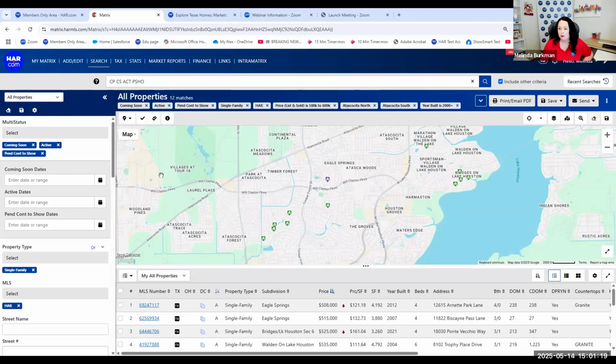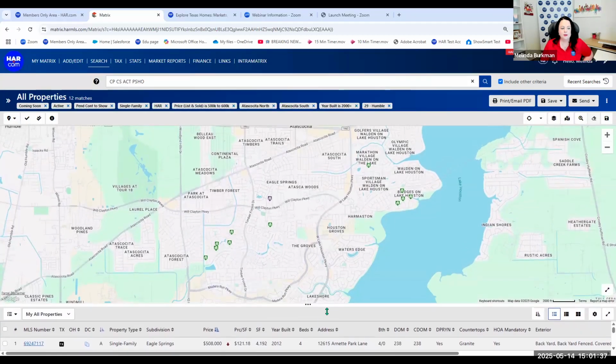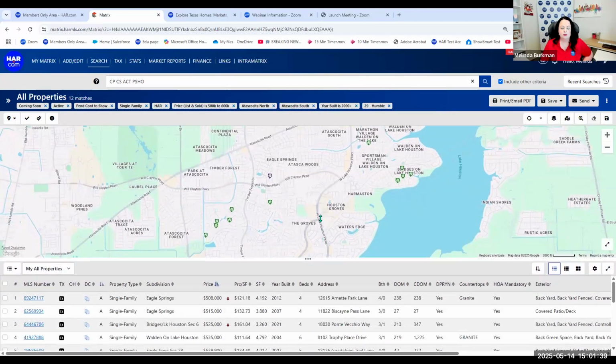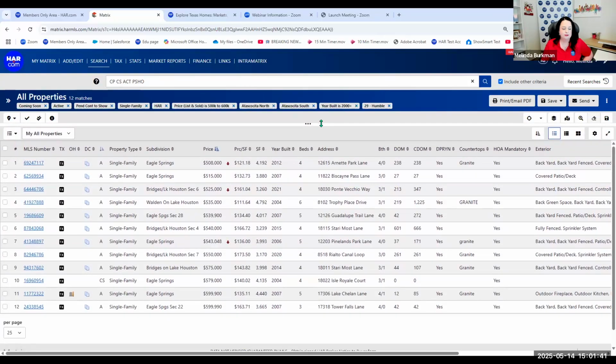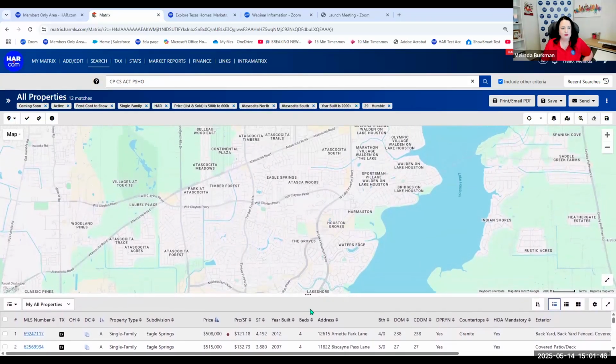All right. One of the things I love about this one is once I'm done with that criteria, it's out of the way. It's not out of mind, because there across the top is my criteria, so I can remember what I searched, right? So that one goes down. And if I want to just look at the map, this is customizable as well, or just the list view. Okay, I'm going to leave the list view down a little bit and show you some features up here across the top.